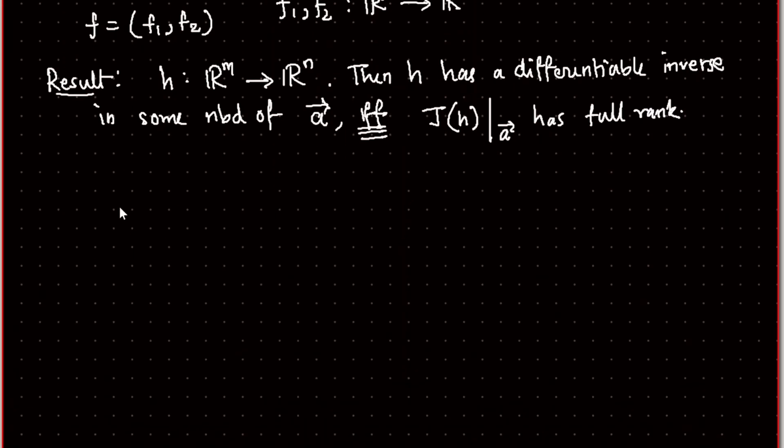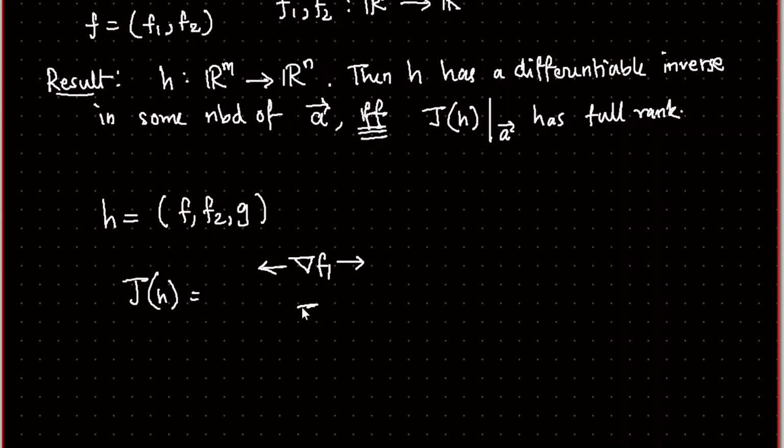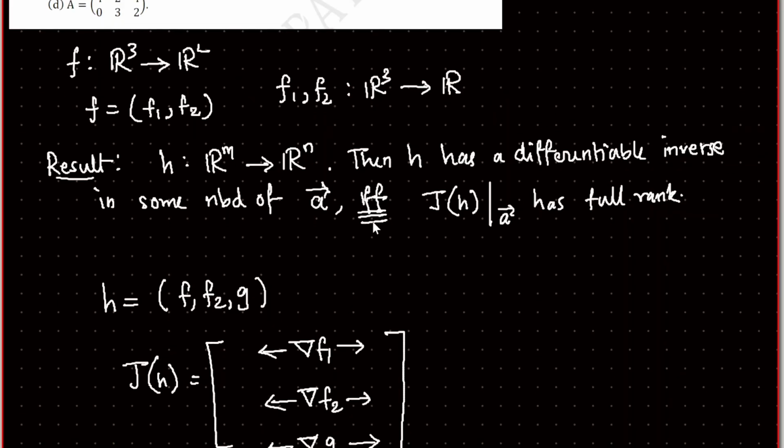So if you look at h, it is nothing but f1, f2 and g, right? So what will be the Jacobian of h? In the first row you'll have the gradient of f1, right? The second row you will have the gradient of f2 and so on. The third row you'll have the gradient of g, and we need to see if this is of full rank. Okay,